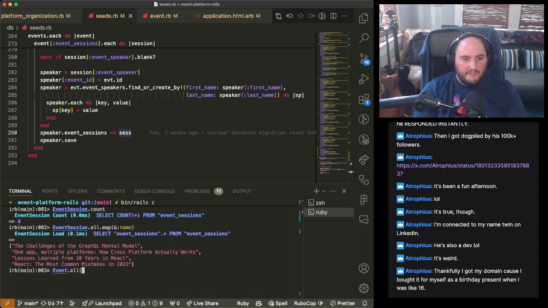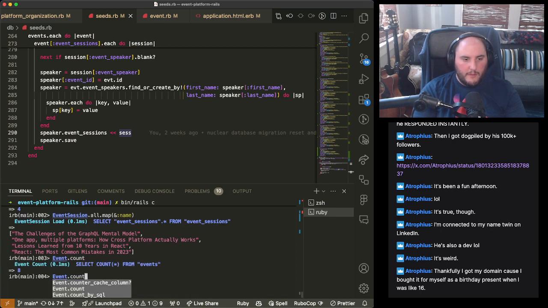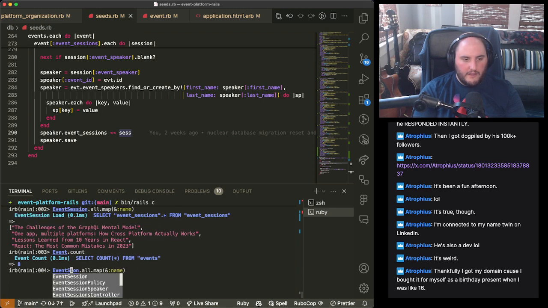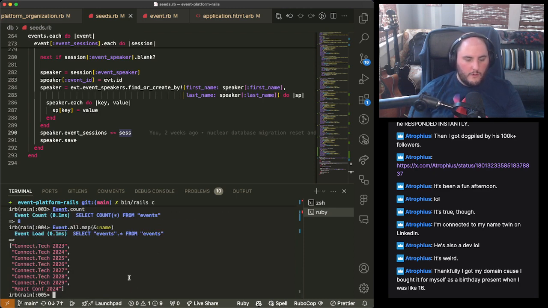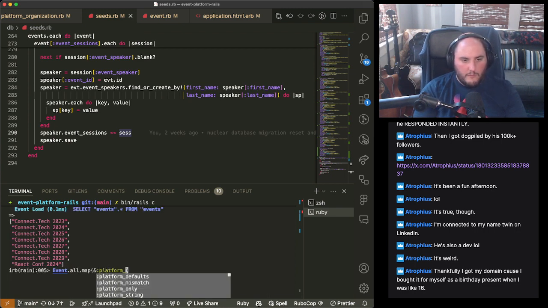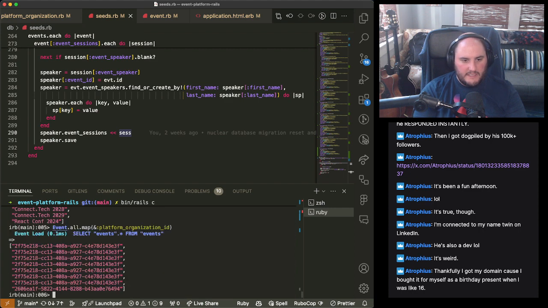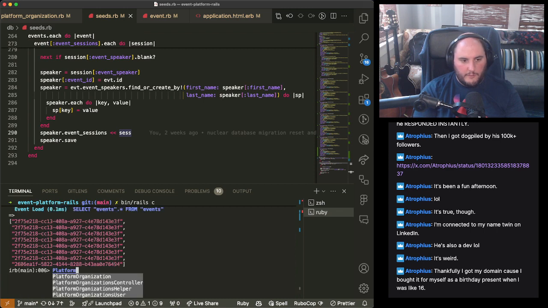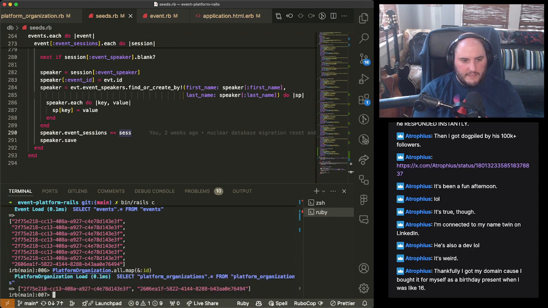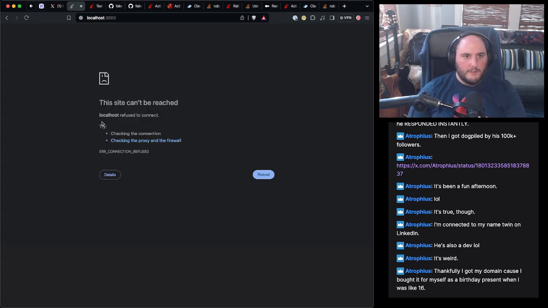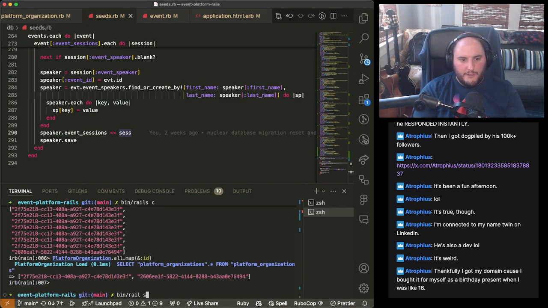That's because I wanted the events. The events, there's 8 of them. If we do this, but with event, we're good. If we go event all and we get the platform organization ID, and if we go platform organization all map ID, these align. Okay, so we found a new issue,